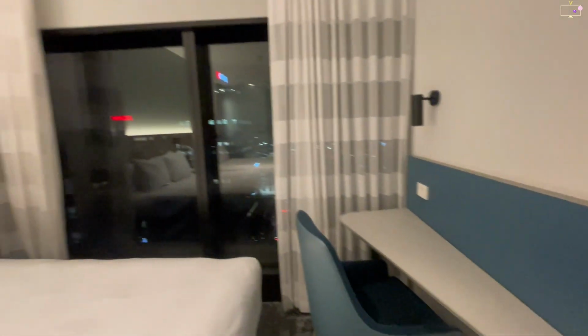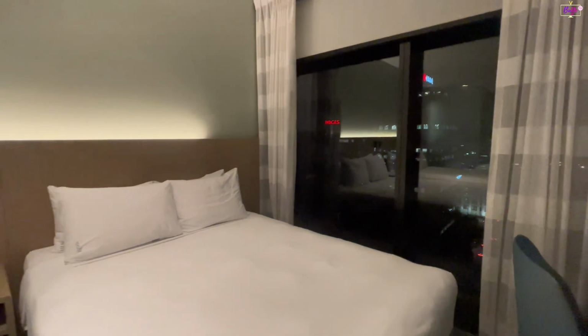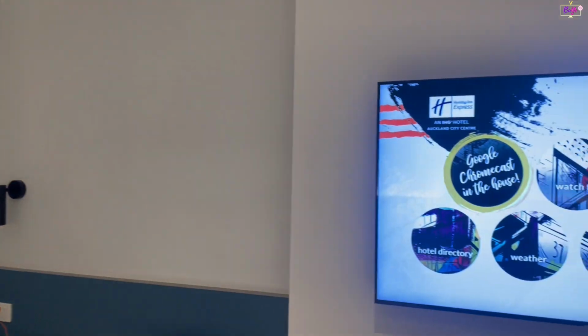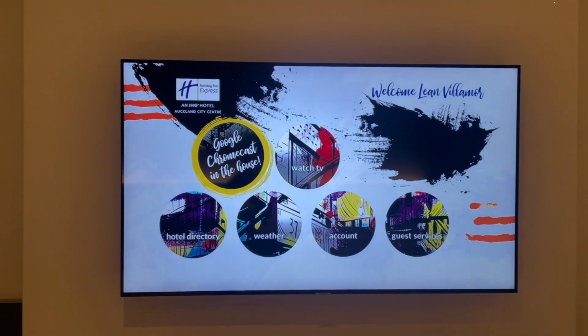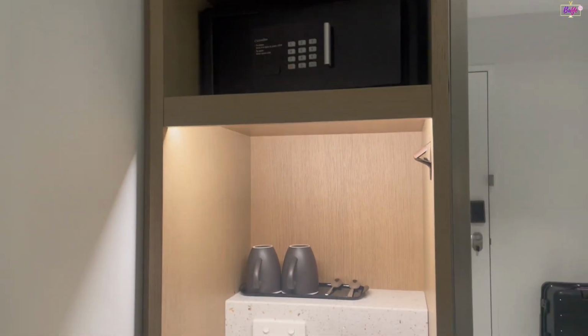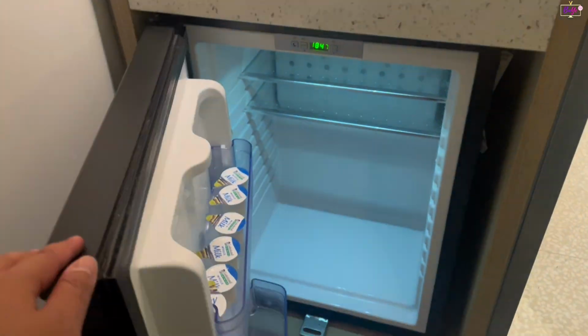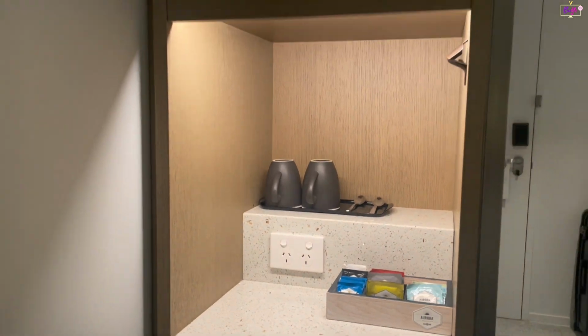And check out the view. Waking up to this beautiful city is just priceless. Flat screen TV with Chromecast, perfect for Netflix. Plus, there's a small pantry with a kettle, mini fridge, stocked with milk, complimentary coffee, tea, and sweeteners, and a